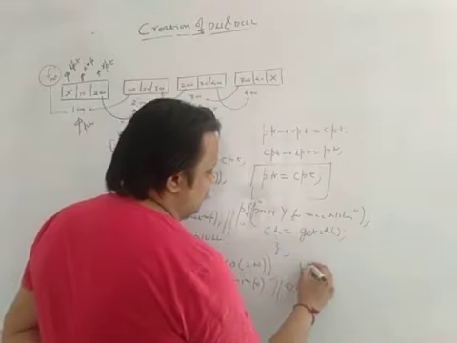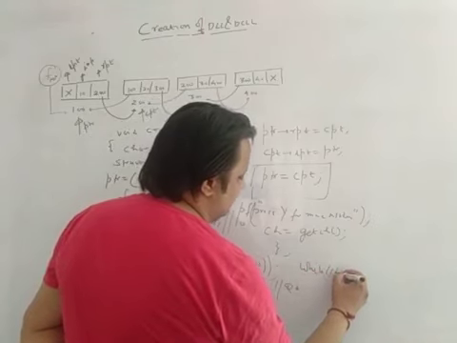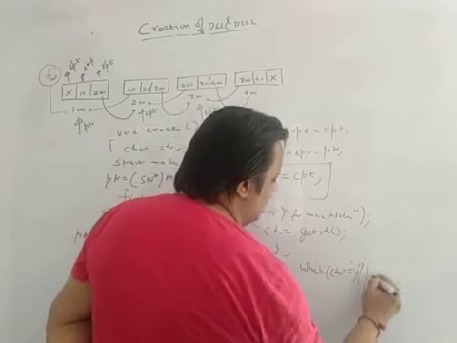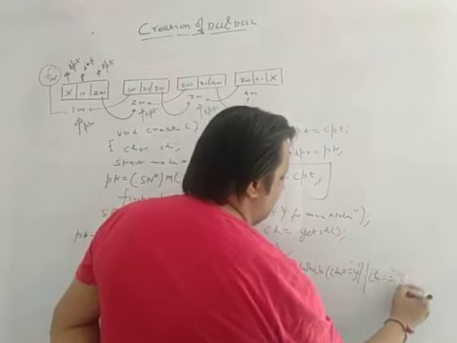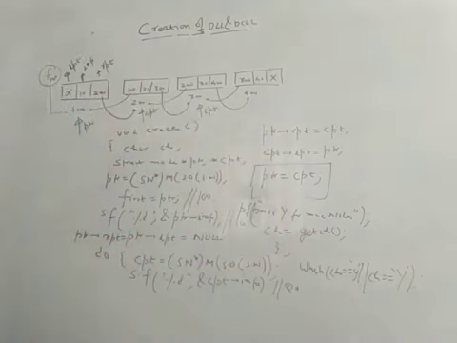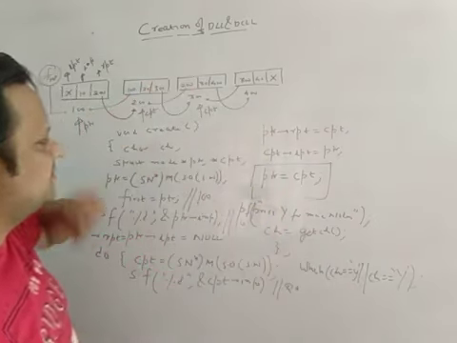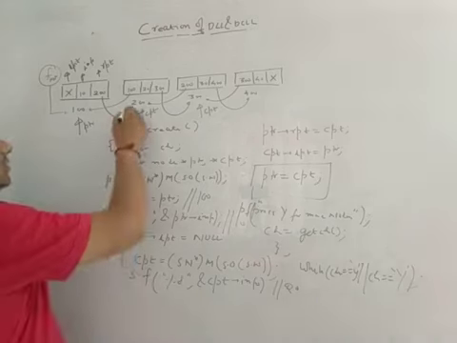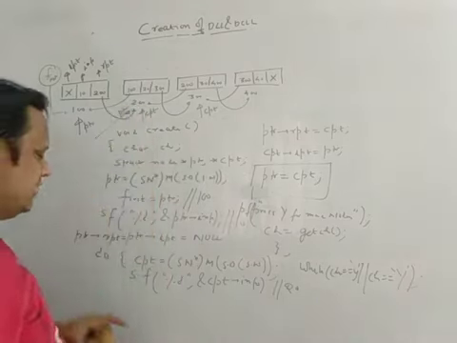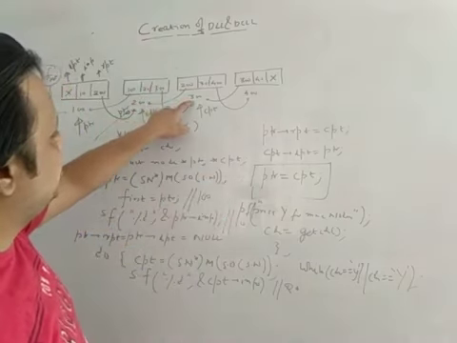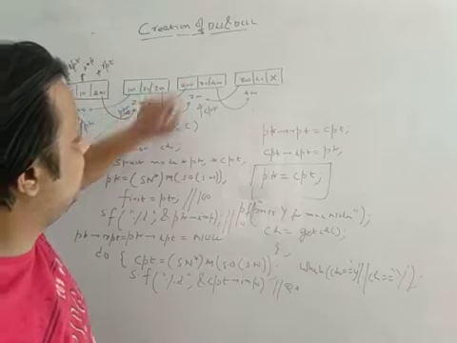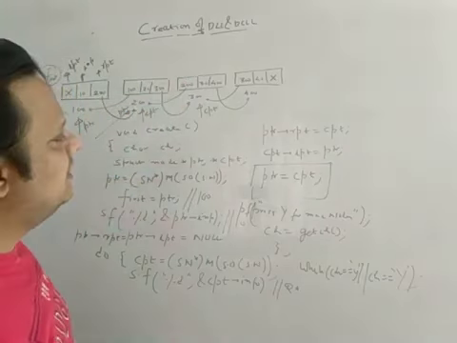And if this condition is true, I am writing while ch is equal to y. Now let's suppose I press Y. A new node gets created. This becomes my CPT, and this is my PTR now, because I have written PTR is equal to CPT. So my PTR moves to 200. Again, PTR arrow RPT is equal to CPT, so here comes 300, and CPT arrow LPT is equal to PTR, so here comes 200. So these two get a linkage.